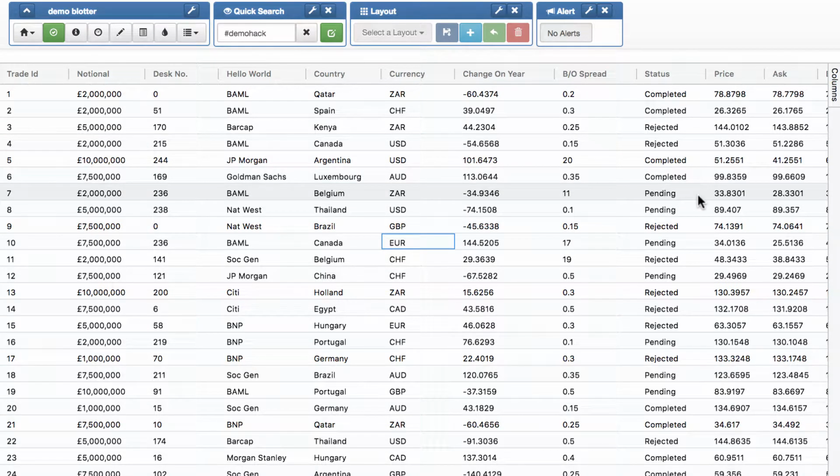So there we are, alerts, a very simple function that allows you to define what changes in your data you want to know about in order to react to it